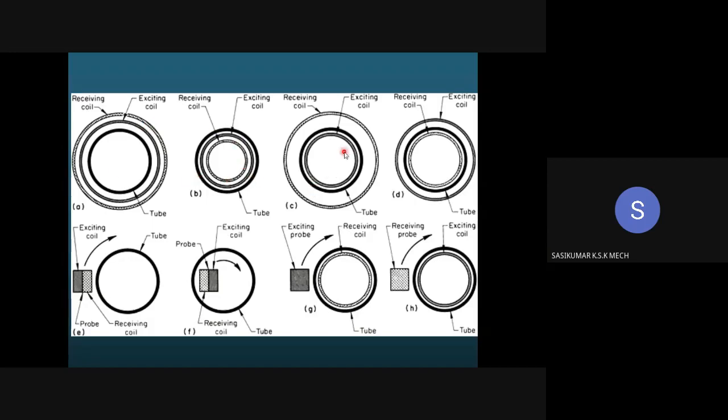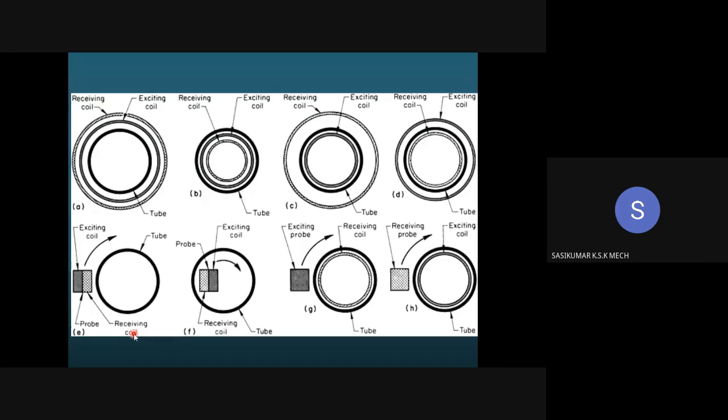Like that, you have a number of ways by which you can arrange these exciting and receiving coils. Here, instead of having the encircling pickup, you have a standard pickup. The tubes can be rotated so that one end sends the signal, the other end receives the signals regarding defects and all.